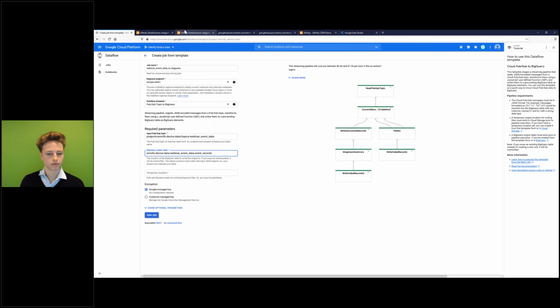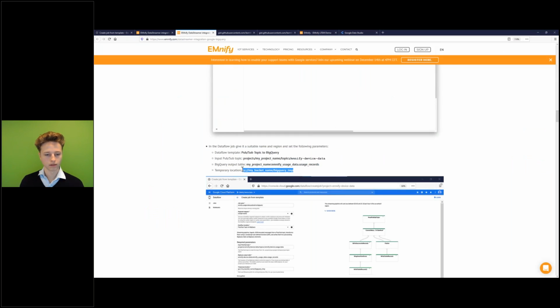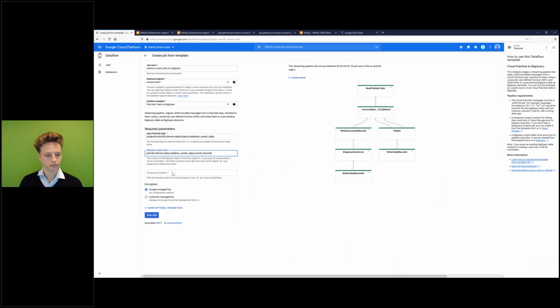Now we need to specify the temporary location, so we go back to the integration guide, copy this, and paste it into here, and replace my bucket name with our bucket name, webinar event data storage, and the folder name looks correct. Let me check if I have any mistakes. Nope, everything looks good.